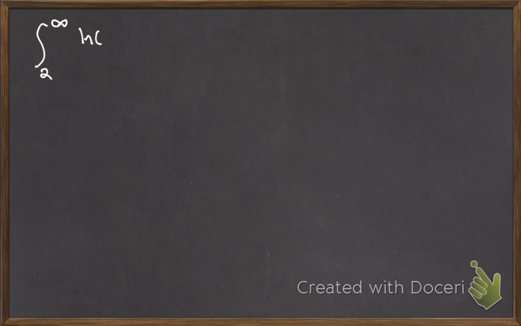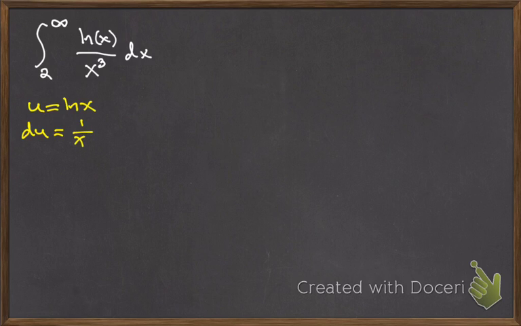All right, so we're going to go ahead and look at the integral. So the improper integral from 2 to infinity of ln of x over x cubed dx. And yes, we get to do integration by parts on this. So u is ln x, du is 1 over x dx, dv will be x to the negative 3, and the v will be